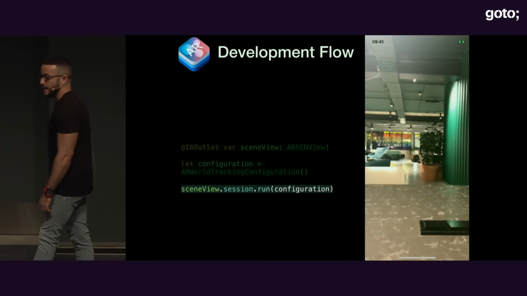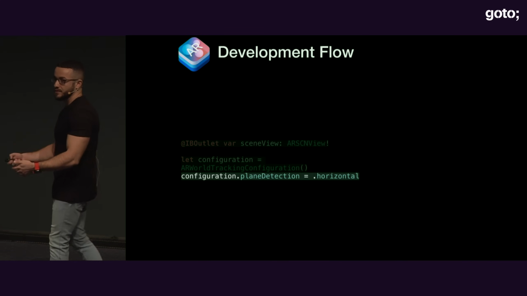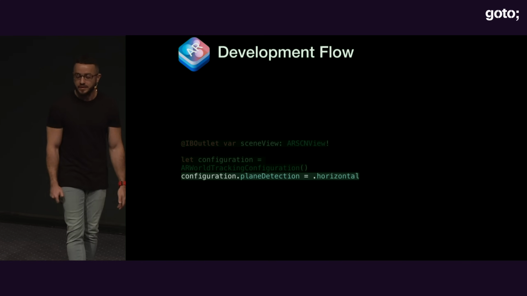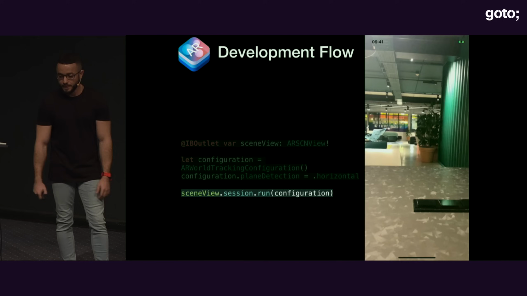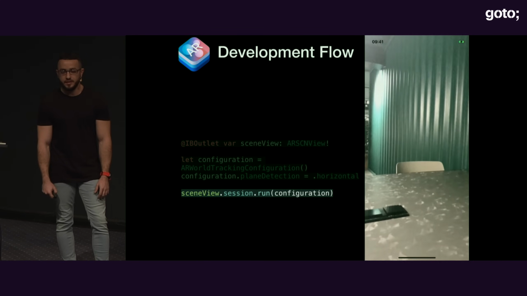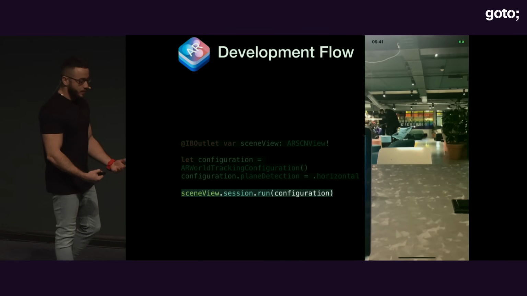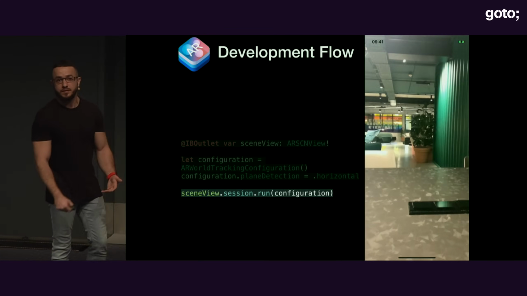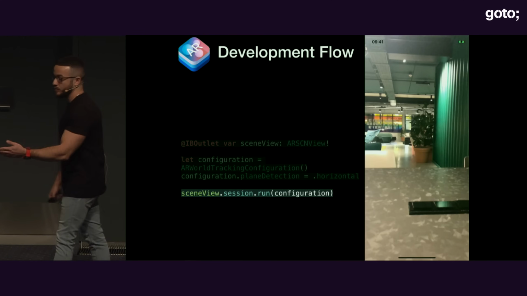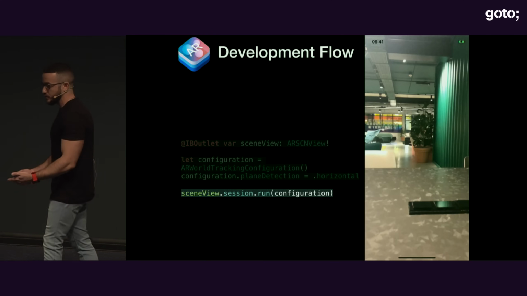Why? Because I didn't ask the world tracking configuration to detect any kind of planes, like horizontal or vertical. So in this example, I want to detect horizontal planes. And now if I run again, I still cannot see anything, right? So actually, if we go back 2 steps, when I run the session, there is AR processing being done, actually. But I don't see anything because I didn't perform any action. And now even when I decided that I want to detect horizontal planes, I don't see anything because I still